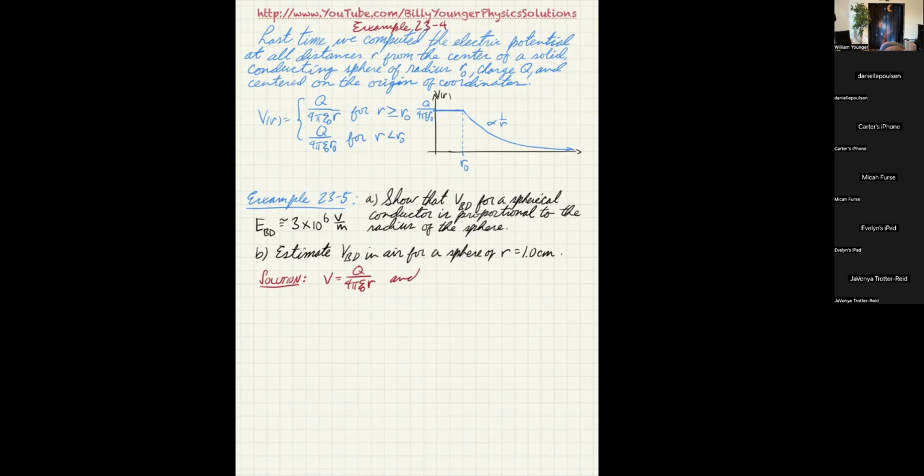And we also know the electric field E for that same sphere is Q over 4 pi epsilon naught r squared. And we ideally wish this to be equal to E breakdown. So just looking at these, you can see that E breakdown, which equals 3 times 10 to the 6 volts per meter, also happens to equal Q over 4 pi epsilon naught r squared. If I look at that and then realize that if I take EBD